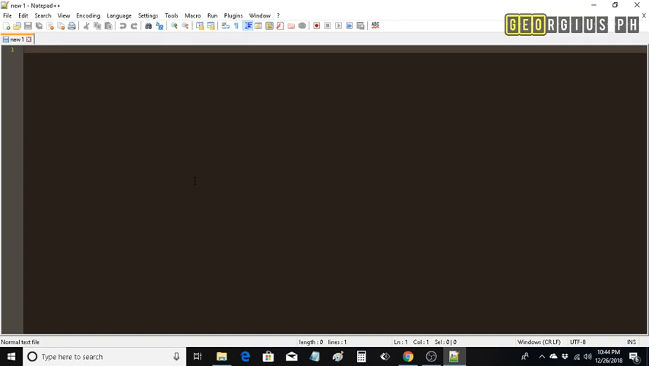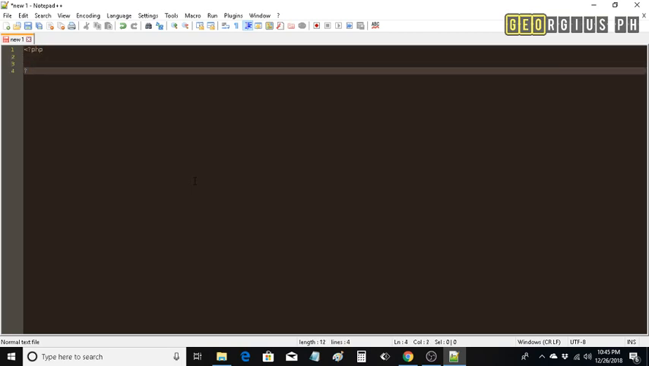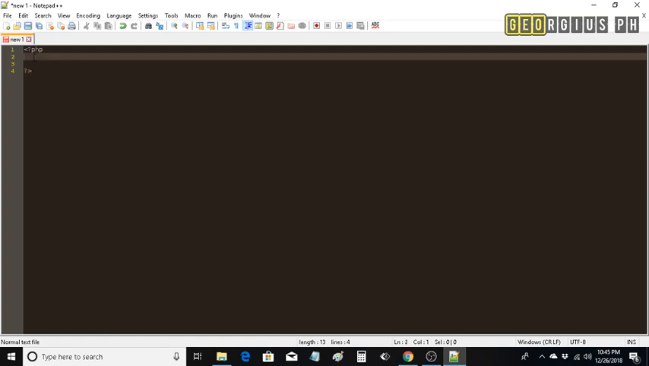Basic PHP syntax. A PHP script starts with the opening tag <?php and ends with this tag. So all of your code goes here. So then we save this one,